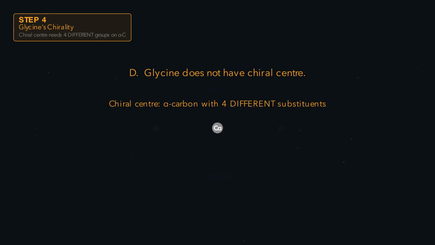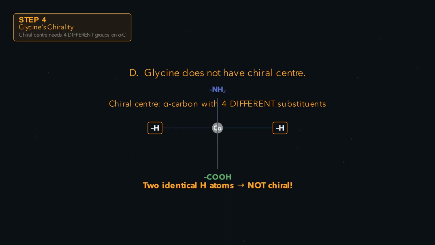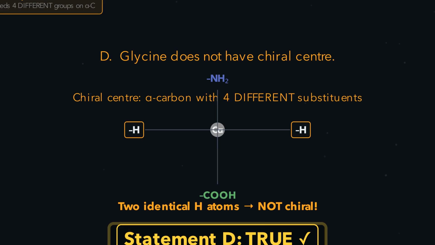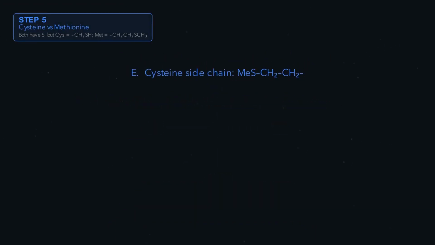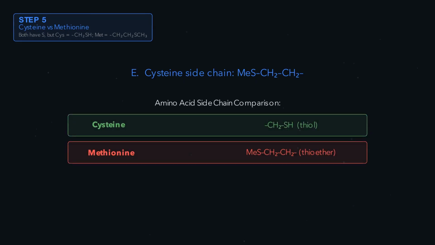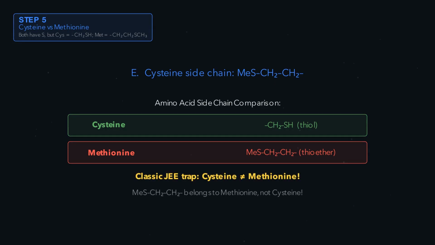Statement C is false. Statement D, glycine has no chiral center. A chiral center needs 4 different groups on the alpha carbon. Glycine's alpha carbon carries 2 identical hydrogen atoms, breaking that requirement. So glycine is the only naturally occurring amino acid with no chirality. Statement D is correct. Statement E gives cysteine the side chain methyl sulfide